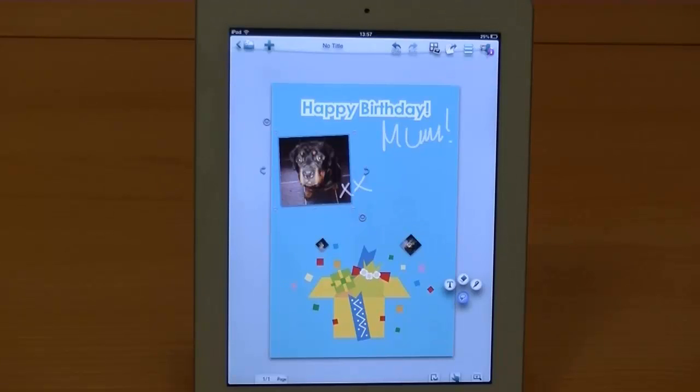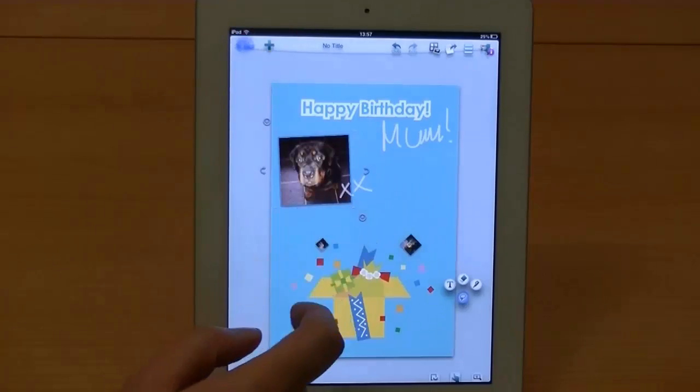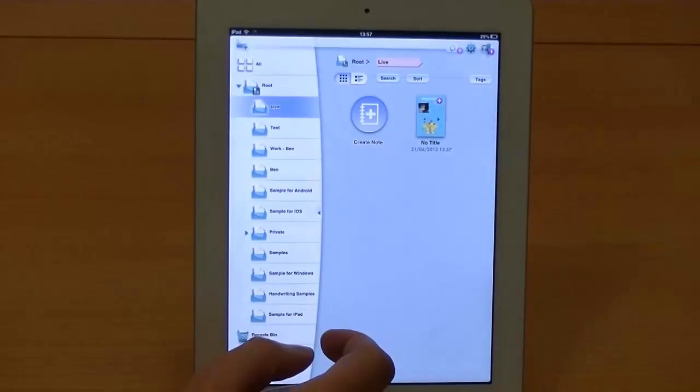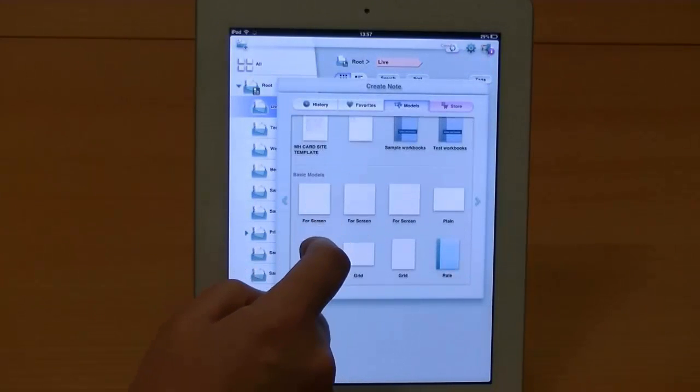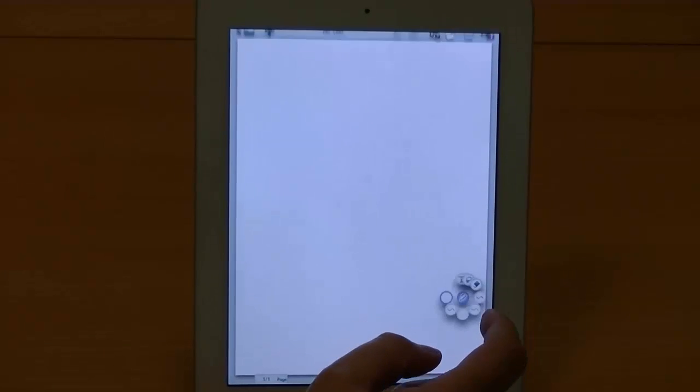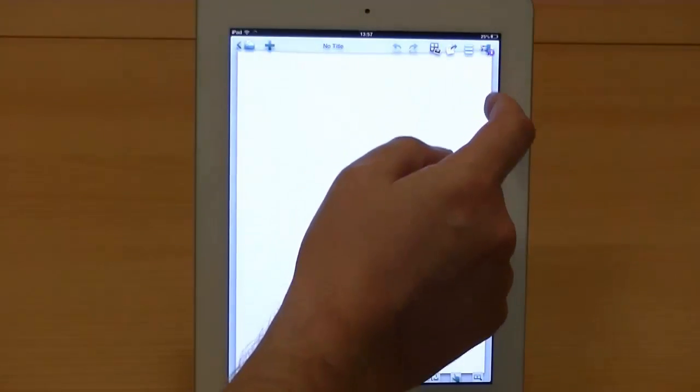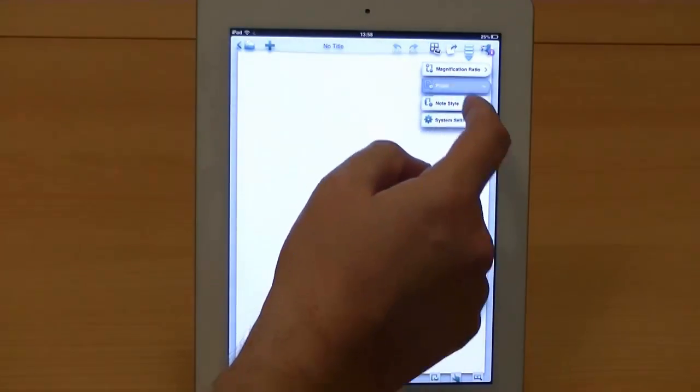If you want to make your own papers, we can start with a blank page, so we could simply go back here, create a note, go up to the defaults here, pick a plain page, and we can set the background to a colour, or we can assign an image to use as the background. So to do this, we go to our paper settings,